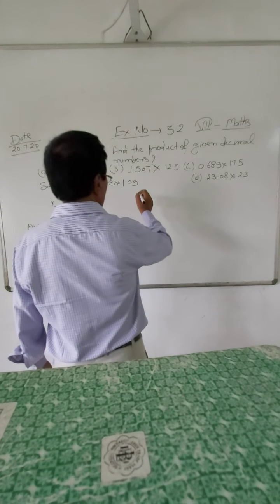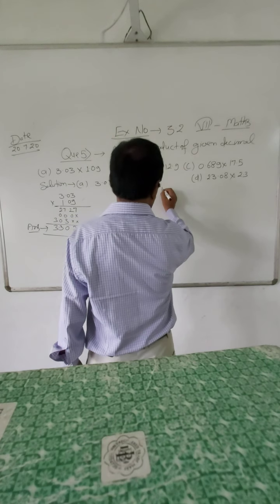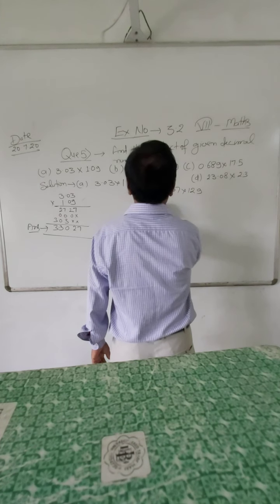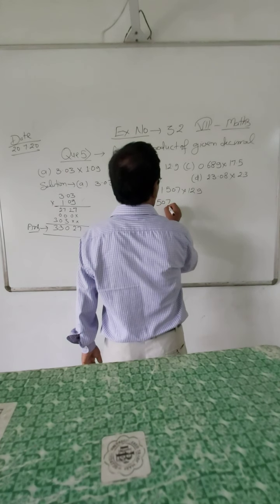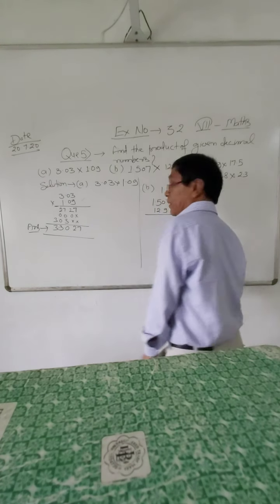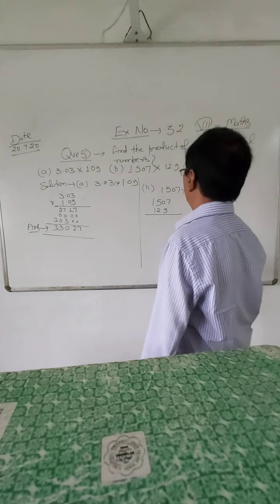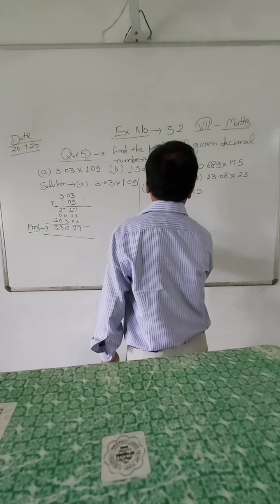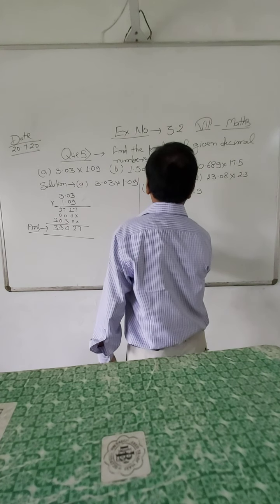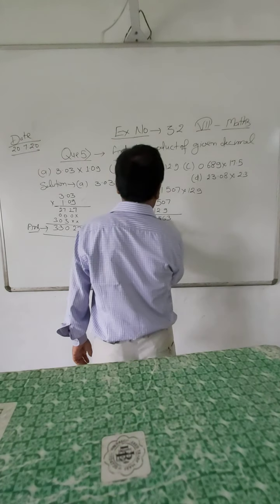Same way you start B. Again take one more example. B, 1.507 into 12.9. In this one, same way as I have told you, don't consider decimal and do the multiplication in the simple way. 9 7 is 63. 3 you put, 6 carry. Now 9 into 0, 0 plus 6, 6, and 9 5 is 45. 5, 4 carry. 9 into 9 plus 4, 30.